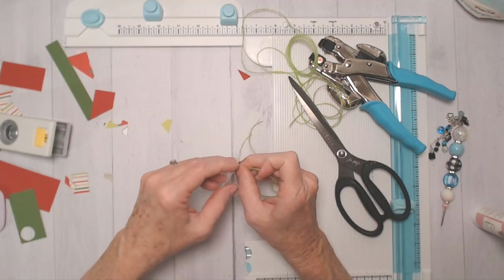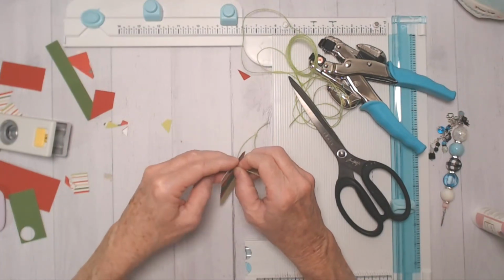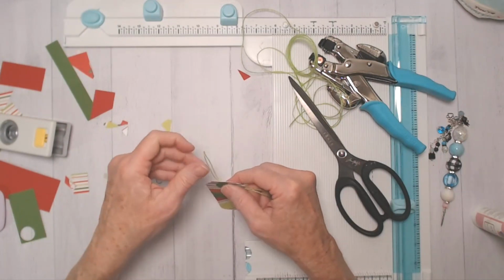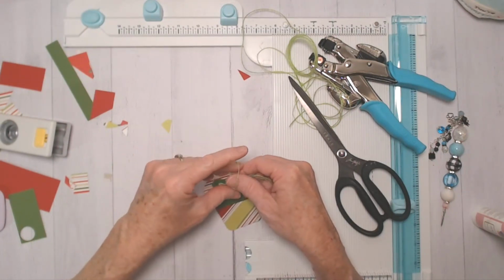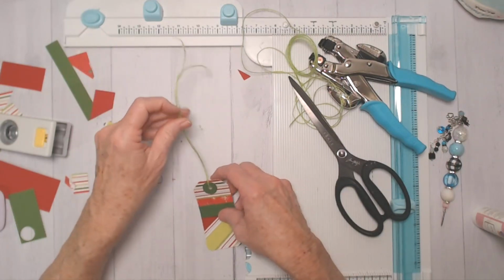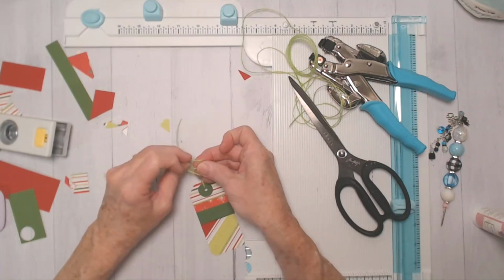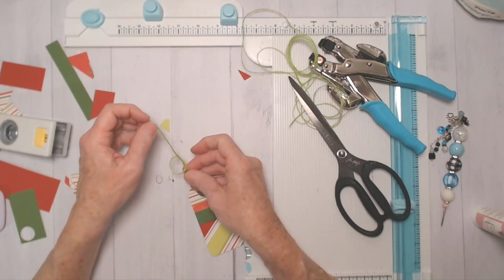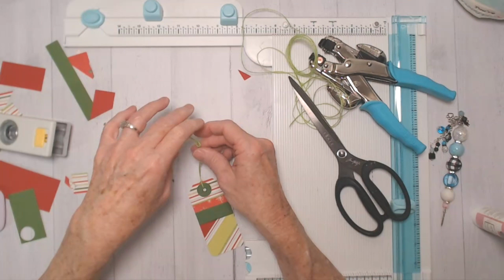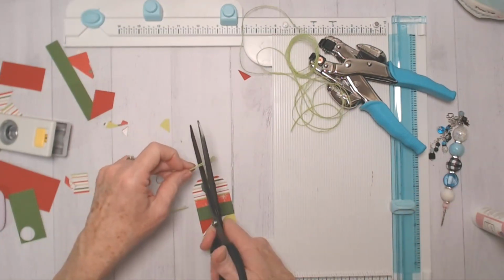Now, if you have a stamp that you can stamp on the back, to and from, you could do that to make it a gift tag, or you can just hand write that out. And I'm going to tie it up here in a knot. Kind of make it a little bit longer so I can put it on a package